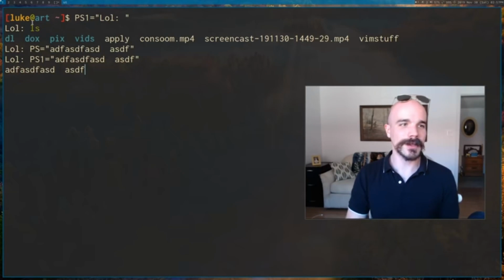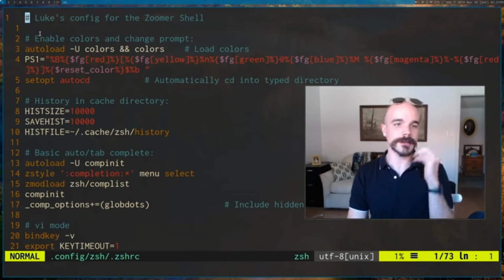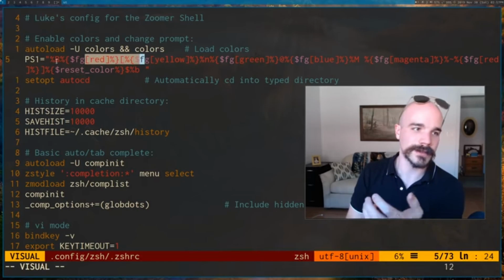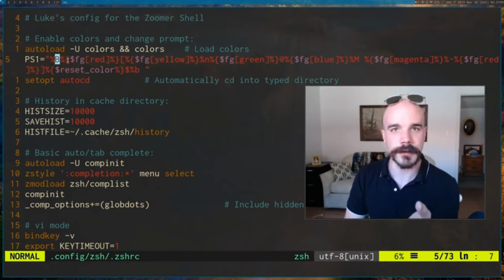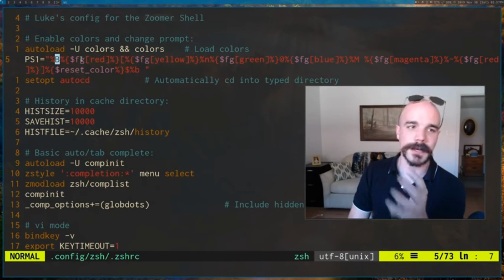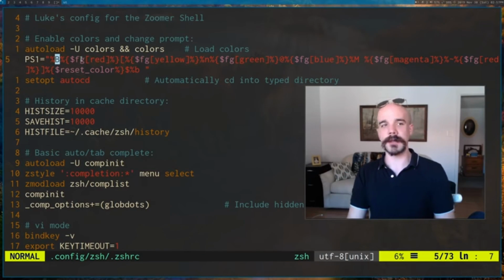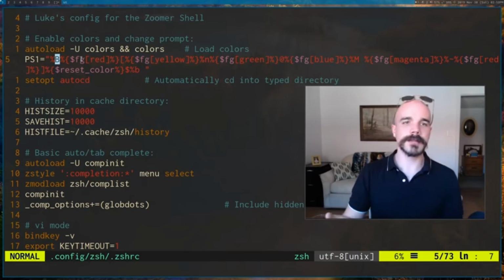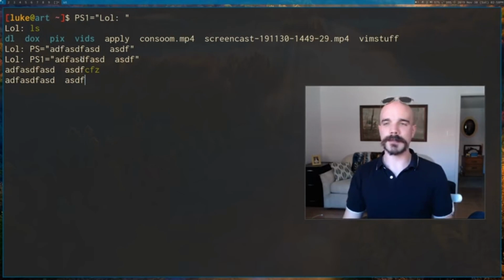Now, how I got all this color here is because on some shells, like ZSH, you have the ability to set your PS1 to different color codes. You can do this on Bash as well, but the syntax of it is not exactly the same. So when you say something, the reason I bring this up is because a lot of people will say something like,